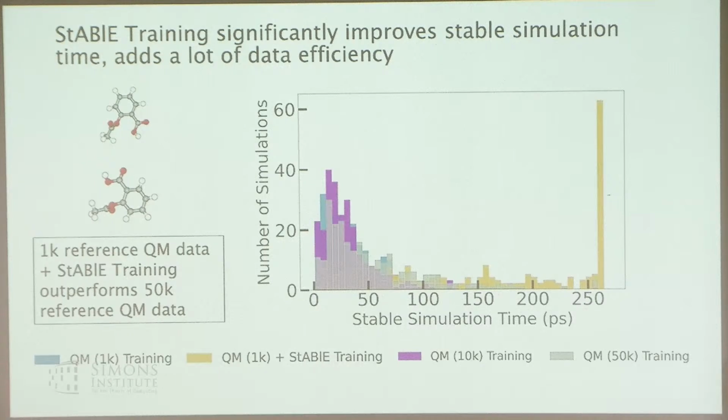It's a little bit hard to see here, but the gray curve is going further out on the x-axis than the blue curve. But if you do this with just 1K training data and add this training procedure on top of that, you end up all the way on the right-hand side. We did the cutoff at the axis on the right-hand side because at that point, I think the point had been made. This is just one example of how you can potentially get some savings on the QM data by doing this fine-tuning procedure, which looks at and gets different sources of information.